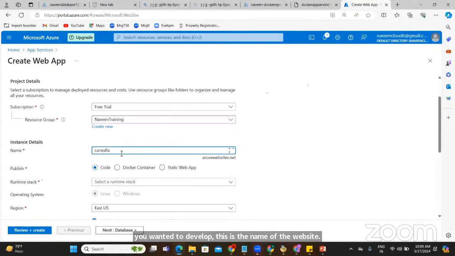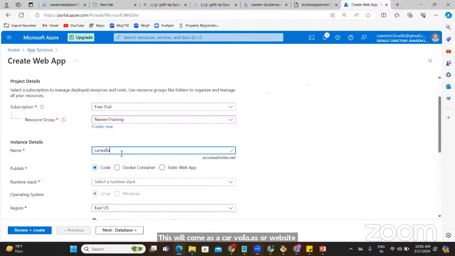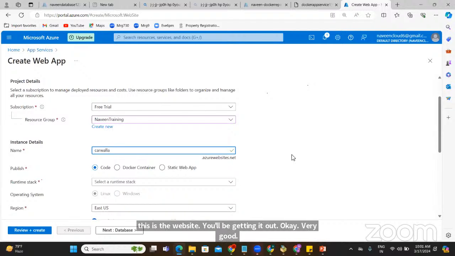Please understand that. Just like Flipkart.com, it will come as carwala.azurewebsites.net. It will be coming up, and this is the website you'll be getting. Okay. Very good. Let's come back here.